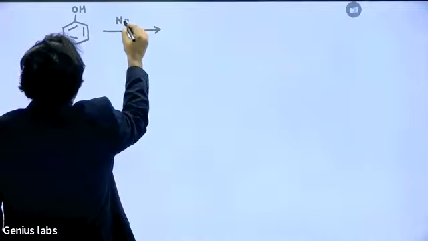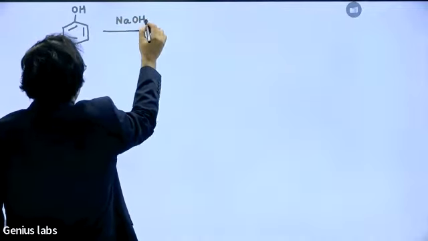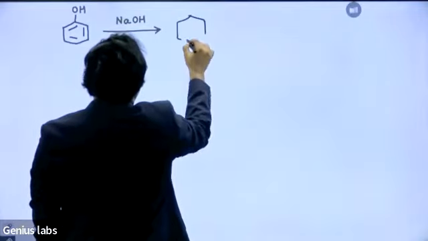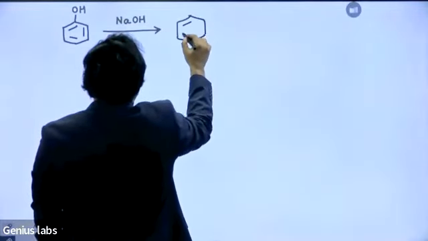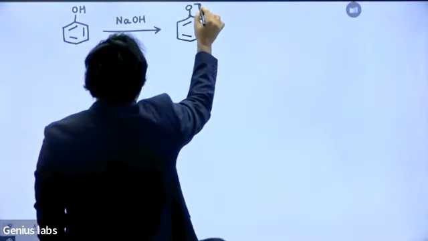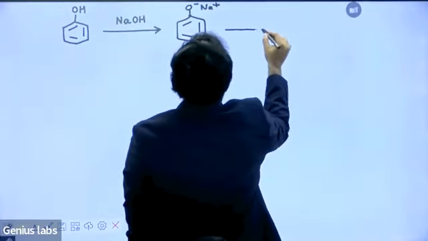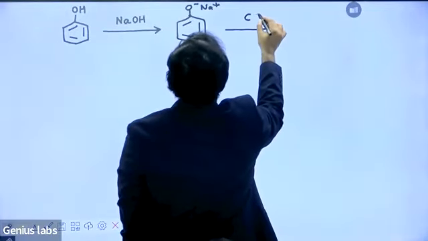Reaction of this with phenol. NaOH, what is the product formed? So we form O negative Na plus. If you bring carbon dioxide to react with this,